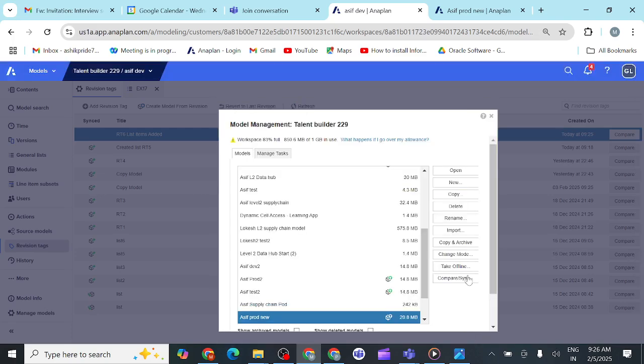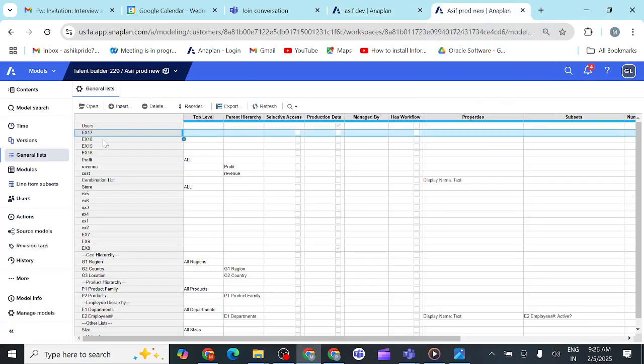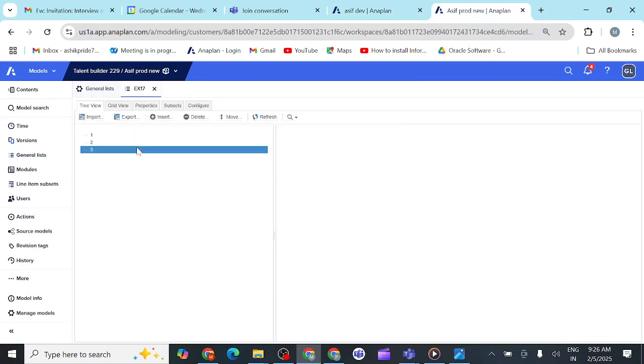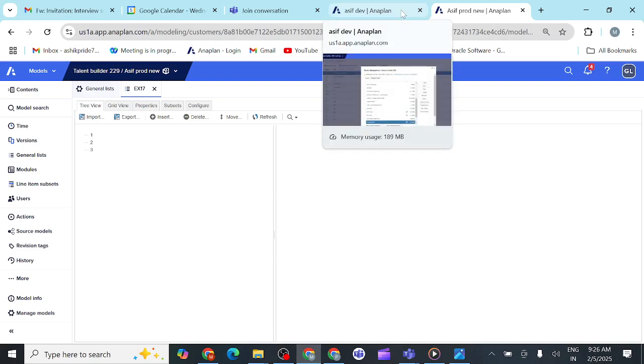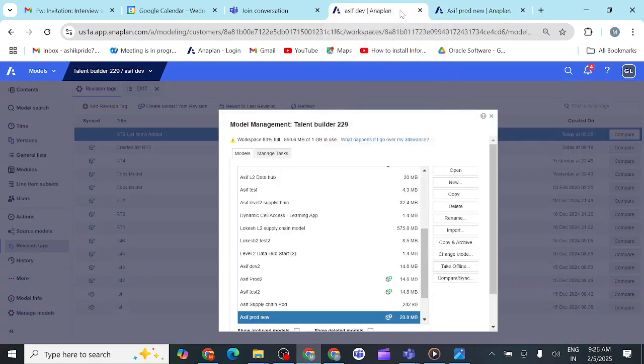In my prod model, those list items are added. You can see in example 17, if I open it, it is refreshed and we have received the items 1, 2, 3 here, correct? So I have received those changes from yesterday's position, whatever changes I wanted pushed to the prod model. But